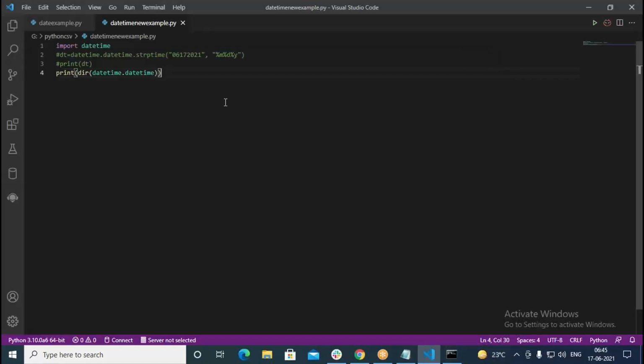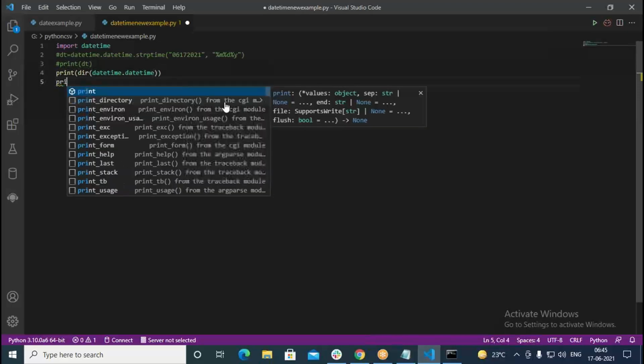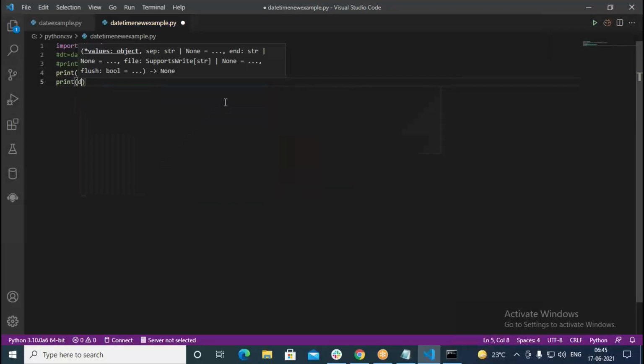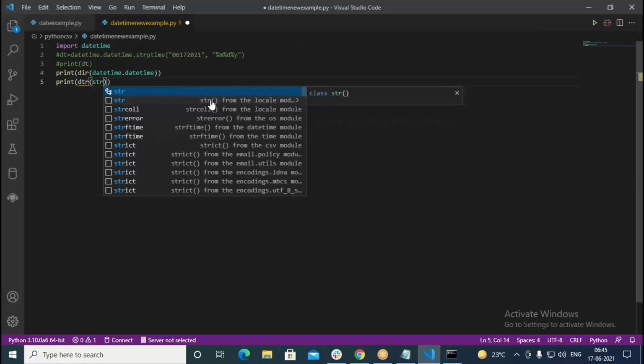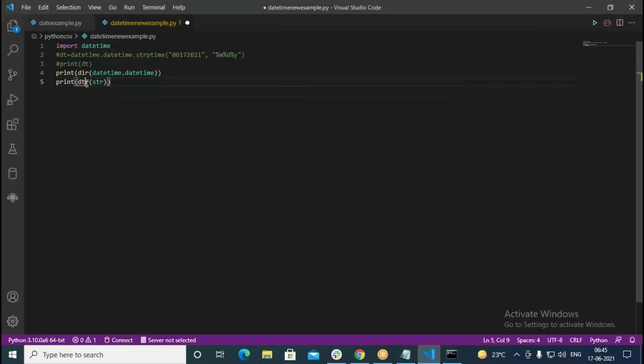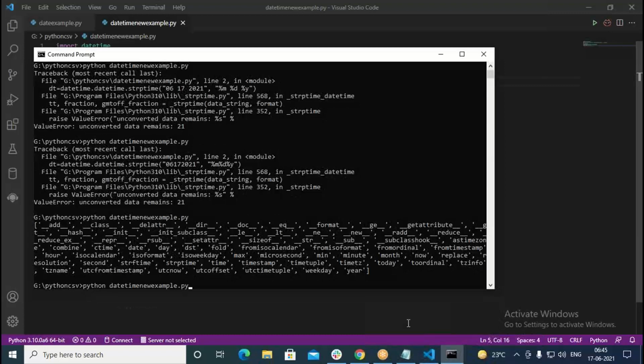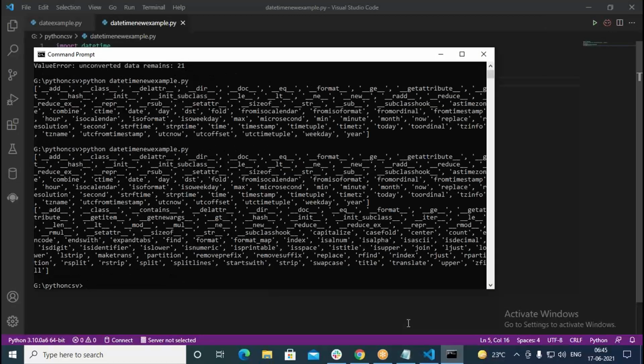So instead of trying with datetime, you can even write dir followed by str. Sorry, this is dt I gave. Instead of dt, I go with dir. When we save this and run this, first it is showing for the date and time.